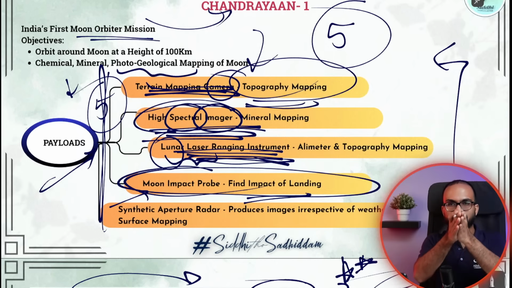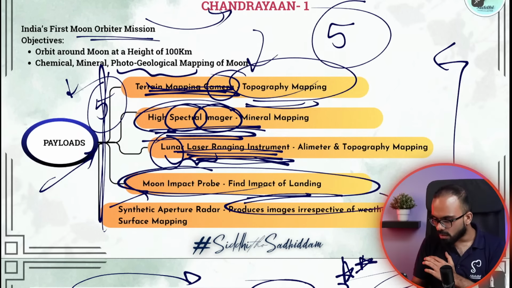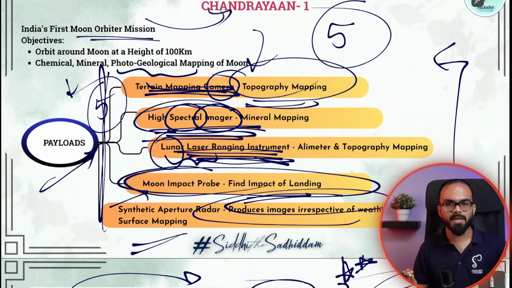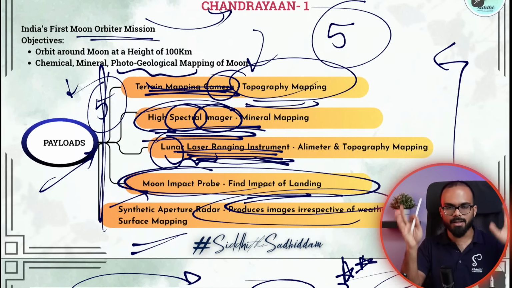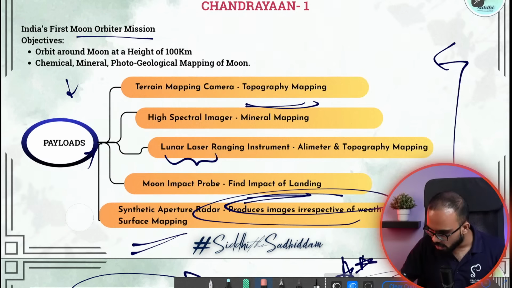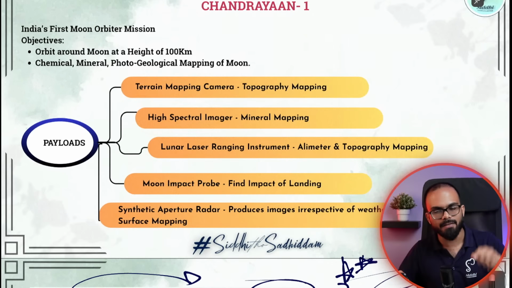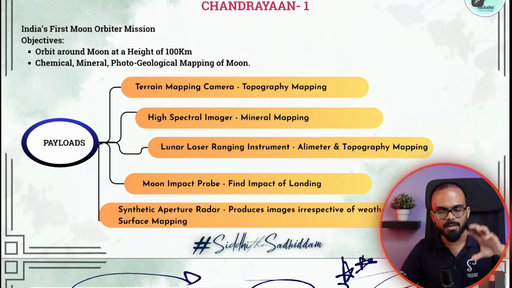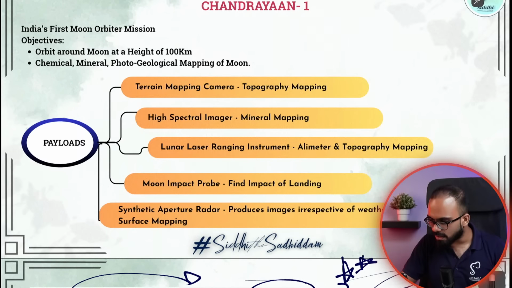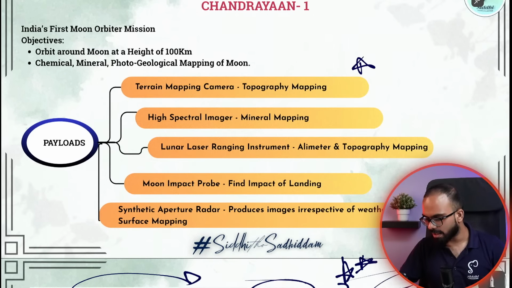And finally, there is a radar, a synthetic aperture radar. The radar's purpose is to take various images, irrespective of whether there is a hailstorm or whatever weather it is. You are taking a lot of images. So this is the whole purpose of Chandrayaan 1. The purpose is to understand the moon's surface, to map the surface, to understand what happens when you crash land, when you land something, and what are the minerals that are there, etc. This is Chandrayaan 1. Chandrayaan 1 has been very, very successful, and we conducted Chandrayaan 2.